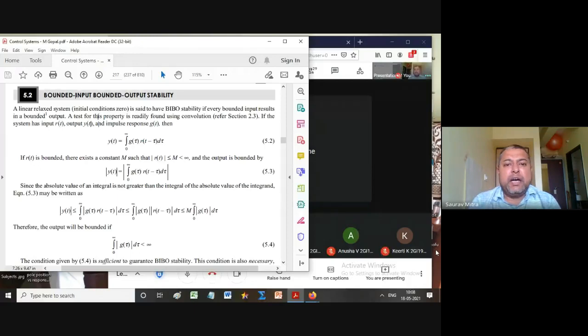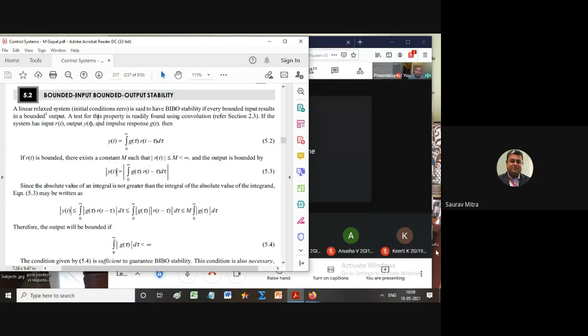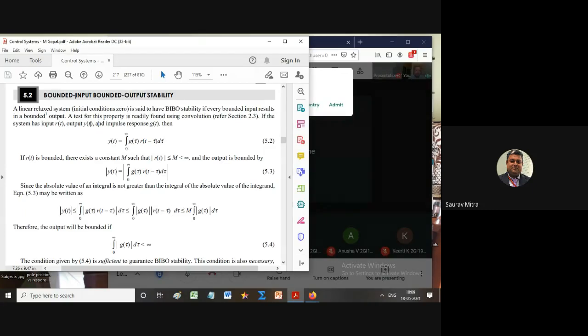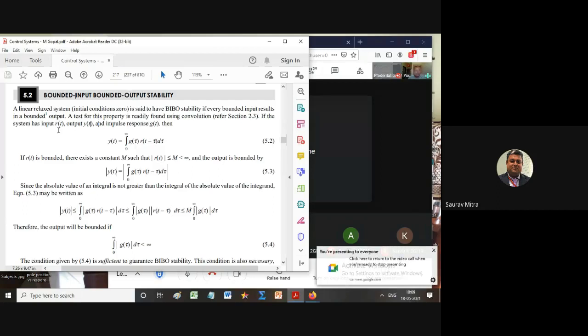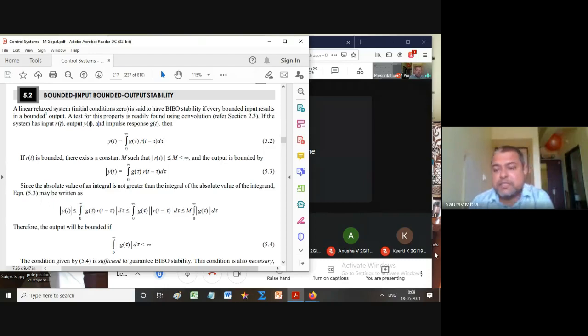And now today what we are going to do is a very important thing, which is called the response of any system for impulse input, step input, ramp input, and from there we will find what is called the stability criterion. So how does the stable response look like? How does the unstable response look like? So we will see various pole positions, and for that we will find various responses of the system.